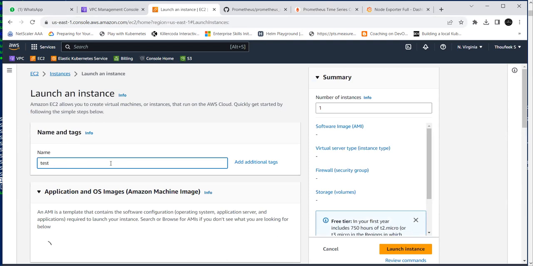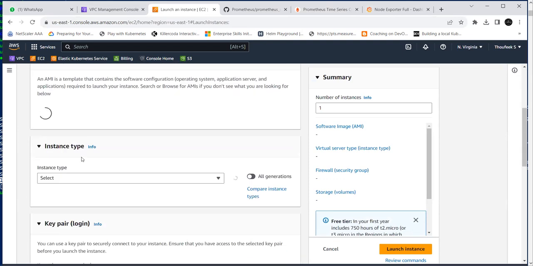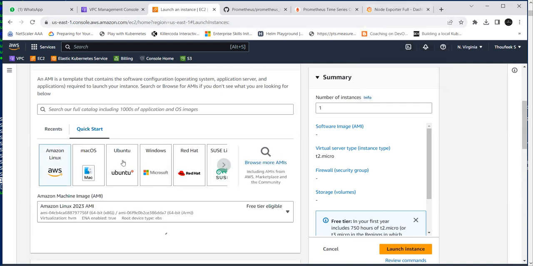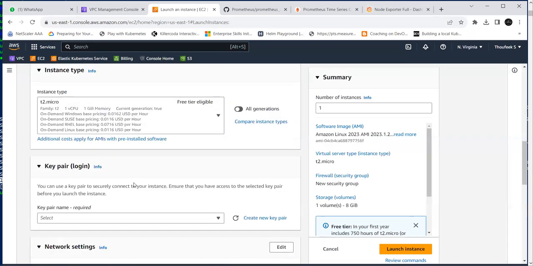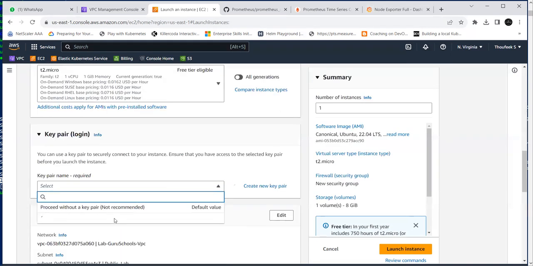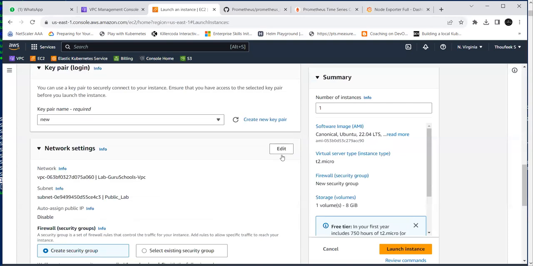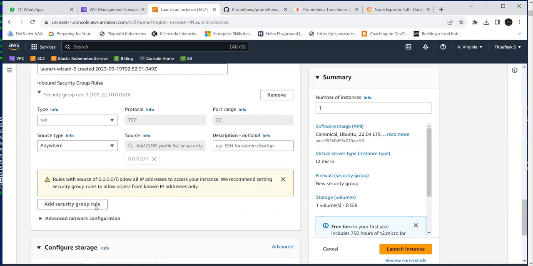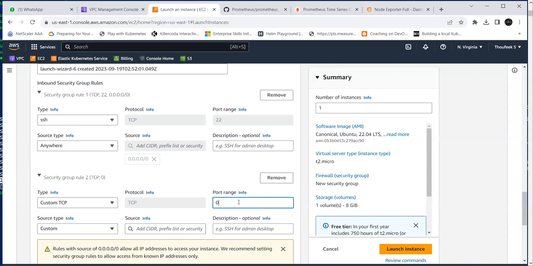Give it a name, test. Ubuntu. Ensure we enable the node